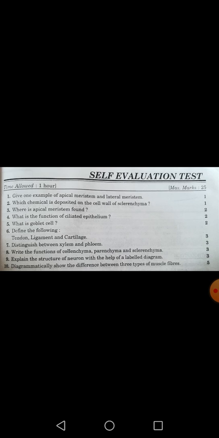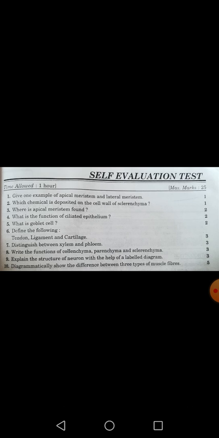I want to tell you that cartilage is a kind of skeletal tissue whose matrix is semi solid, or we can say that it's solid, but it lacks calcium deposition, and it provides flexibility to the various body parts. The cells which are composing this kind of tissue are called chondrocytes. And this cartilage is present in the trachea, larynx, nose, ear, etc.